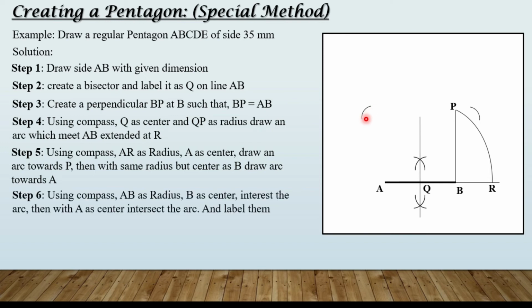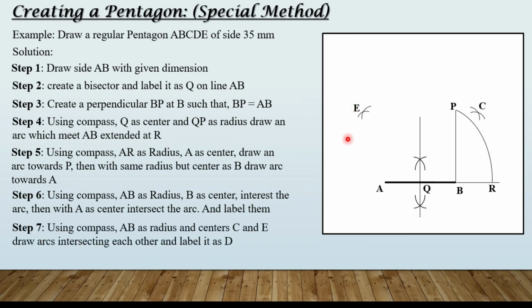Okay, then now you have to take radius as AB in your compass. So AB, the given side, as a radius in compass. You have to keep at B first, and you have to create an arc intersecting this one. Now you have to shift your compass from B to A. I have the same radius AB in compass, and I'll draw an arc intersecting this one, labeling it. So after B you will be having C here and E here.